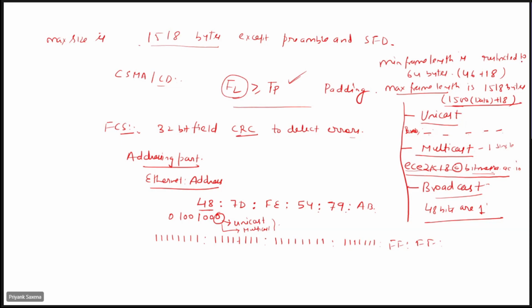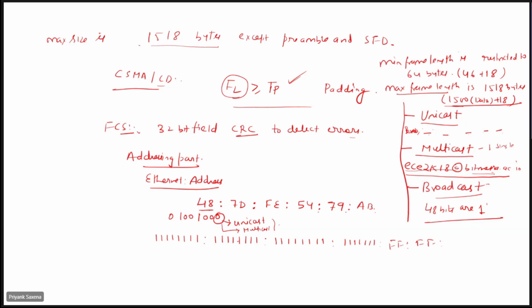Minimum frame length is restricted to 64 bytes and maximum frame length is this. It uses CSMA-CD as a MAC protocol. Okay,